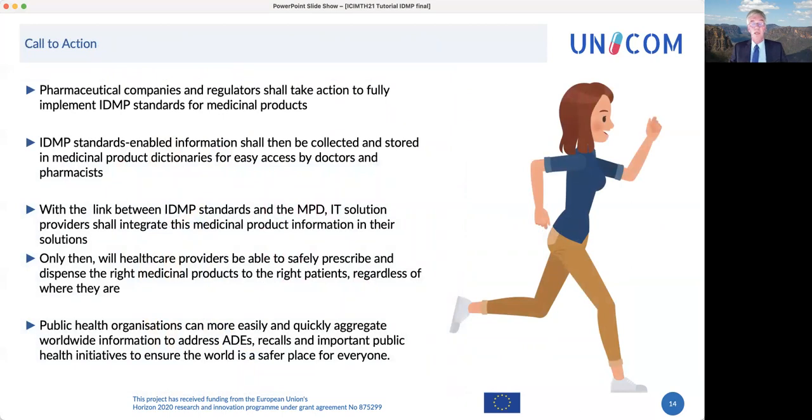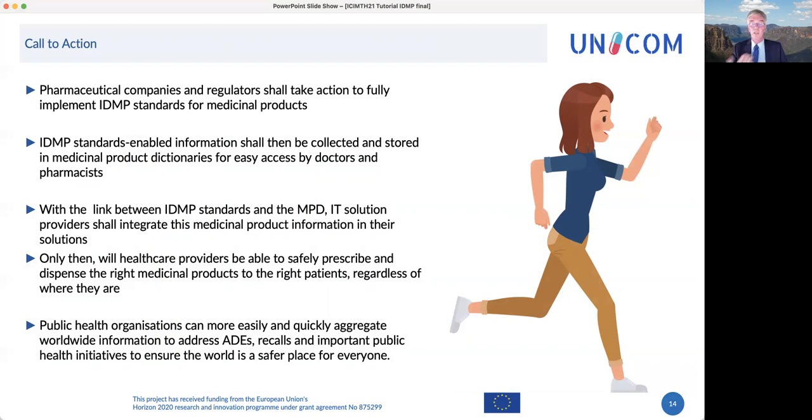It's also a call to action, because UNICOM is busy helping a lot of these players along the life cycle of a medicinal product to implement IDMP. So the pharmaceutical companies and regulators really need to implement this, so the information can be shared with the medicinal product dictionaries, and that information can then be used safely in the IT solutions that the doctors use for prescribing medication, and also by the patients that are buying over-the-counter medication. So only if that MPD information is available to IT applications, can we actually influence the safety of the use of medication